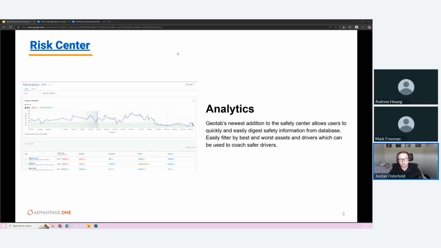And then obviously the cost savings is the byproduct of that safe driving. Looking at this chart here, we can see there's multiple different areas it looks at, including speeding, acceleration, braking, and cornering. At this point in time, Geotab is taking the default rules for these with hopes of adding custom rules in the future. If maybe you want to have custom rules right now, what we can do is